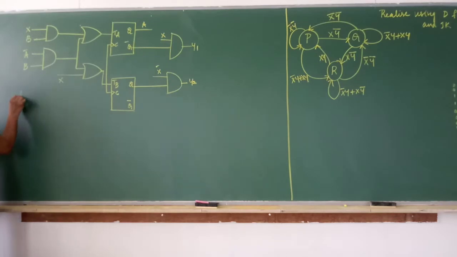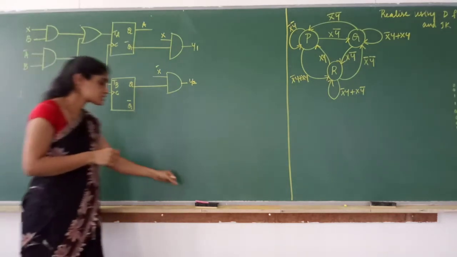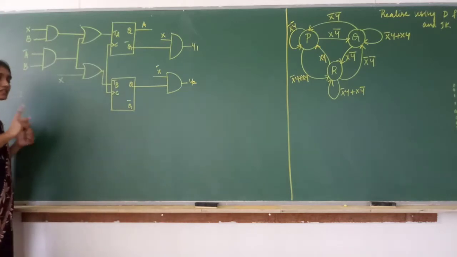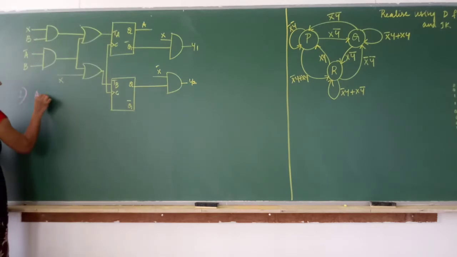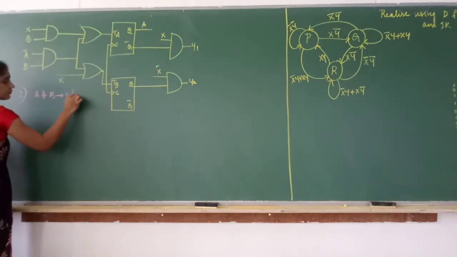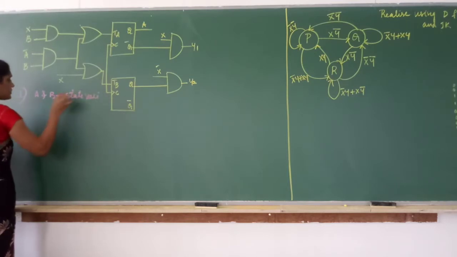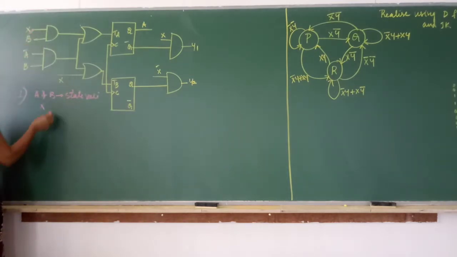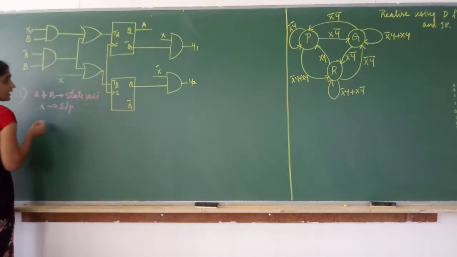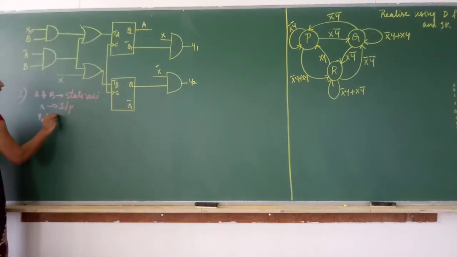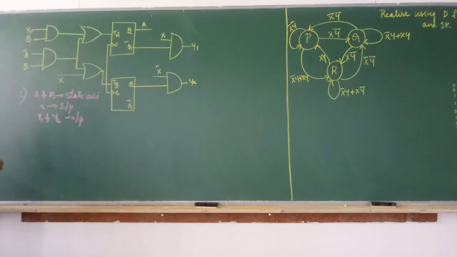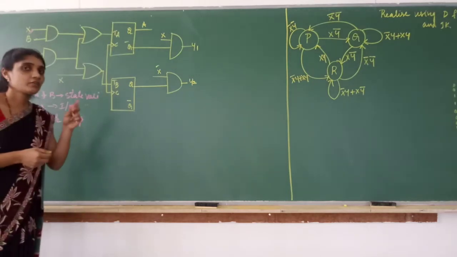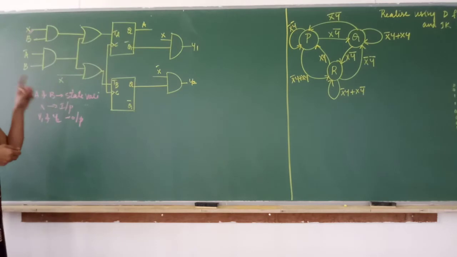So what is the first step we have? Analyze the system variables. System variables are nothing but state variables, input variable, output variable. So which are the state variables here? A and B are state variables. X is the input variable, isn't it? And y1 and y2 are output variables. So only one input variable, that is x, and two output variables. Till now we were having only one output variable, but here two output variables. Again the same procedure, same method, same steps, there is no change.